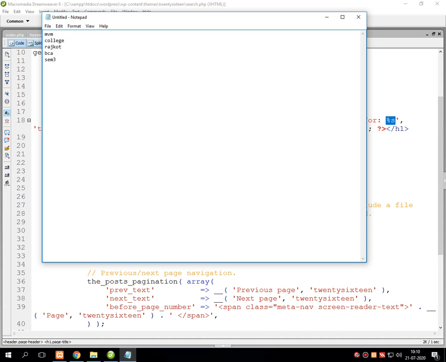Now suppose in these 5 words I am searching for M. Then what it does in the simple search is take the first word and compare this M with the first character of the first word, that is M. Then it compares this M with V also.